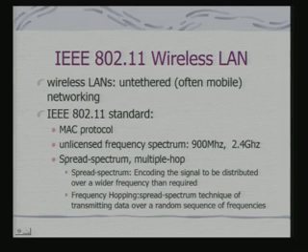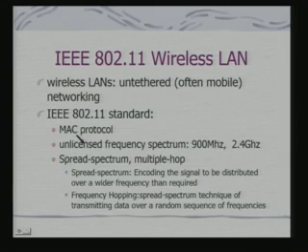Say you would like to control a device, such as an RF amplifier or a UPS; ideally you would like it to be on a wireless LAN. So, you are not consuming an Ethernet port. You can place it anywhere in the lab and connect to it in a remote fashion. So, 802.11 basically provides a MAC protocol, and it uses unlicensed frequency spectrum, 900 megahertz or 2.4 gigahertz, because when you use these frequencies you do not need to take licenses. Other frequencies are reserved for various applications like TV transmissions, defense communication, and so on.